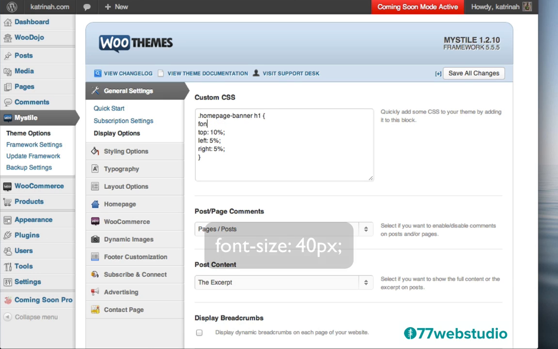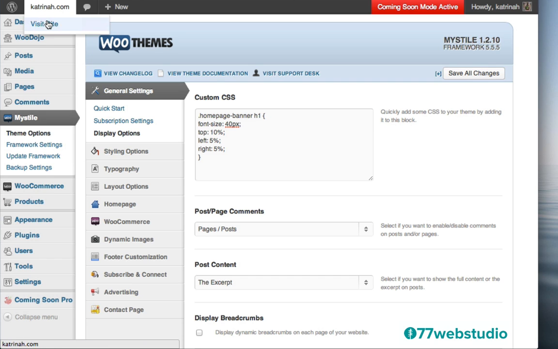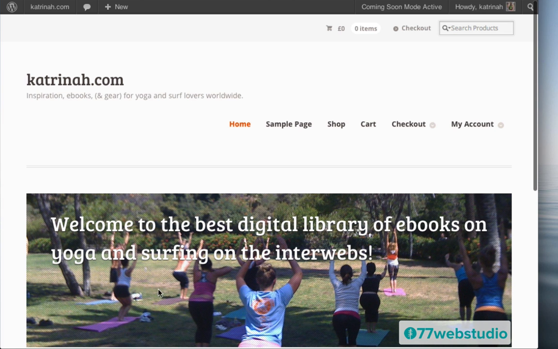So it's called font-size. This is another CSS style. Here is the font size, and right now the default is 51 pixels, so I'll just make it a tad smaller. I'll make it 40 pixels with a semicolon after it, and then I'll click on Save All Changes. So now when we go to the home page by going up to the top and clicking on Visit Site, now we see that my title is just a little bit smaller, which is exactly how I want it. So the next thing I want to do is change this menu item here.